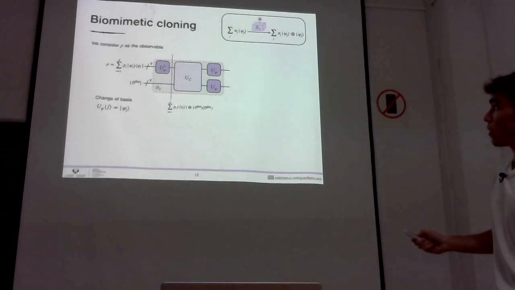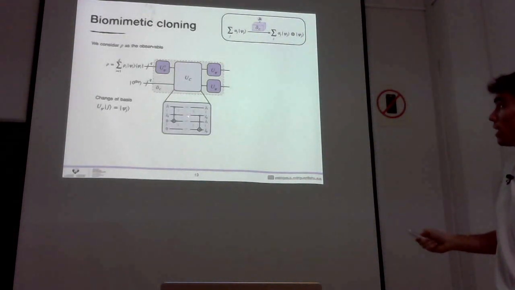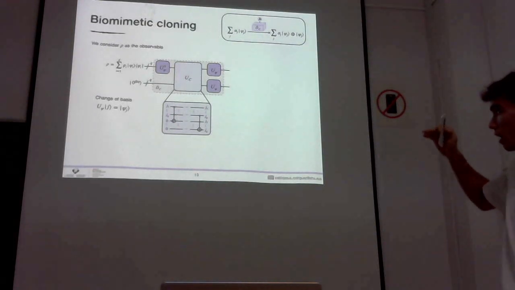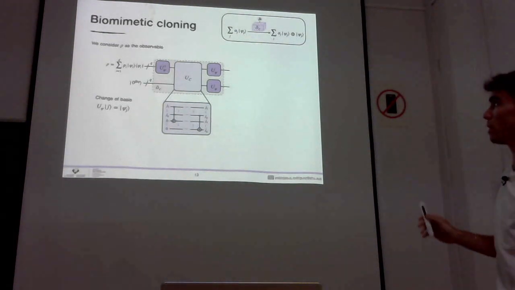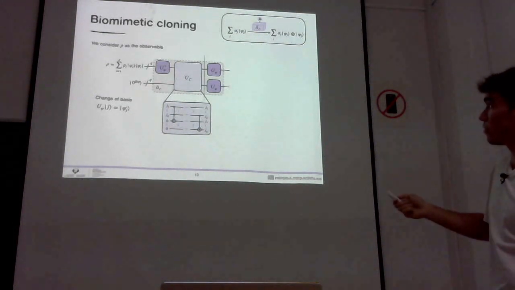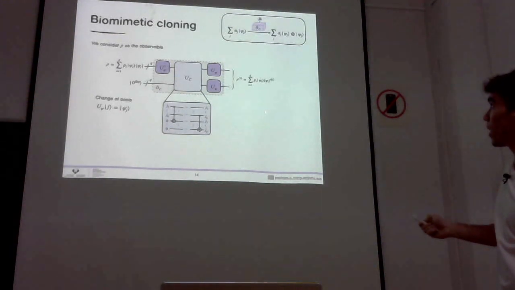After this, we have changed from this eigenbasis to the computational basis. Then we apply this U sub C, which is just replicating the information with a cascade of CNOTs. This is like copying the information in the computational basis. So after this operation, I have replicated this information in the second register. And after this, I undo the change of basis, and what I have completed is that I started from this